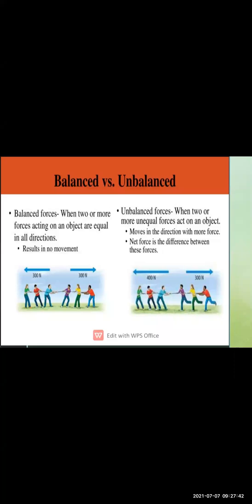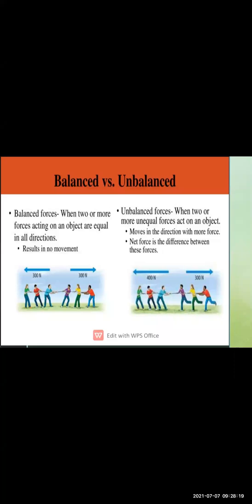So you must have seen tug of war. In that, a rope is given, and students are divided into equal groups. One line is drawn in between them, and they are asked to pull the rope. If the object is balanced equally on both sides, that time we can say that it is a balanced force. And when two or more unequal forces act on the object, that time we can say that the force is unbalanced.